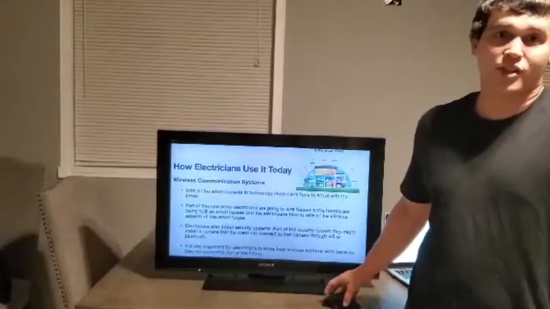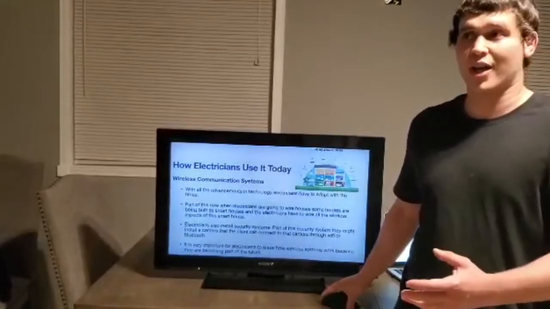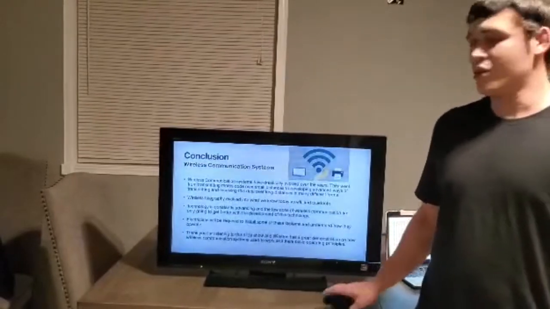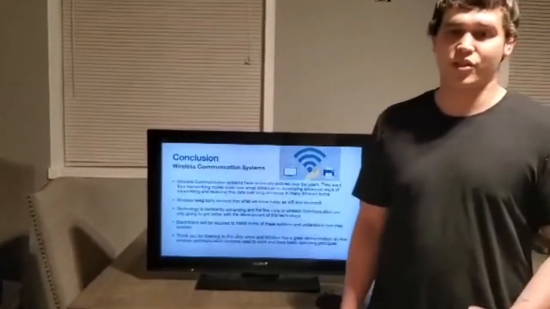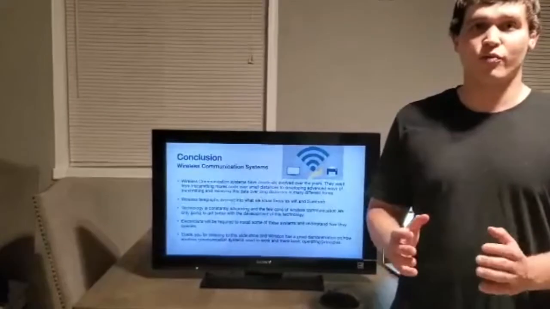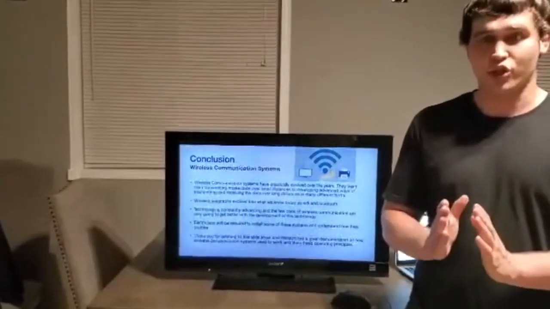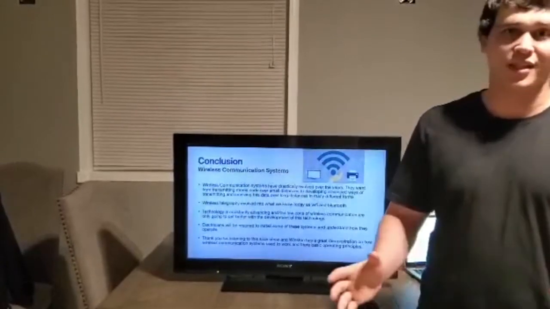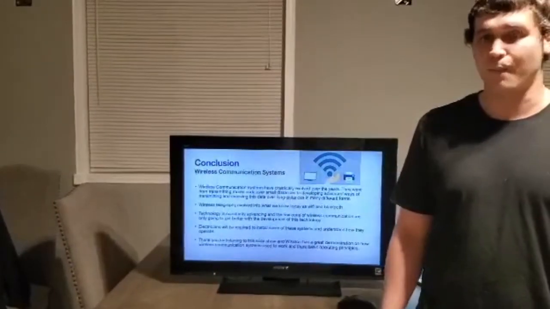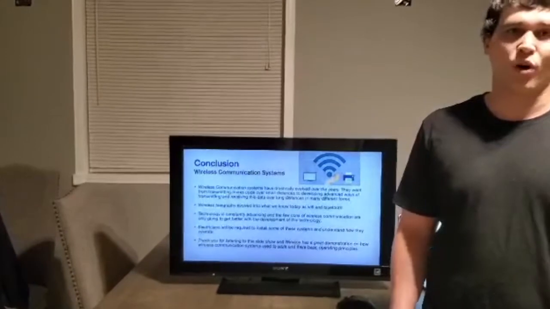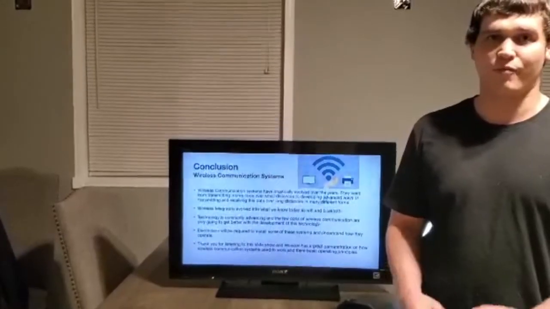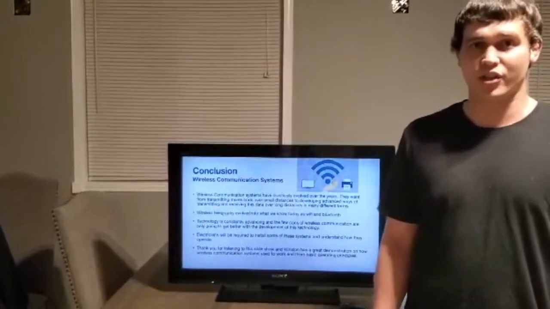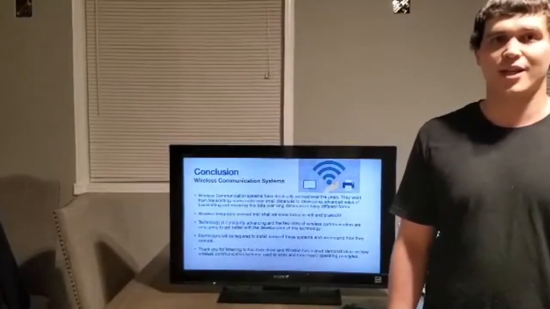We also wire security cameras where our client uses Wi-Fi or Bluetooth to watch through this camera. So to conclude this presentation, they have evolved from sending a small signal a short distance to being able to send signals around the world in many different ways. Wi-Fi and Bluetooth have evolved greatly, and the few cons of wireless communication systems are only getting better as